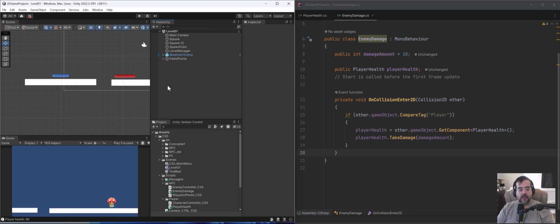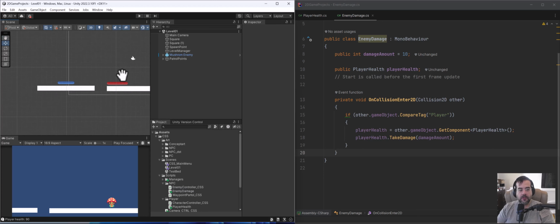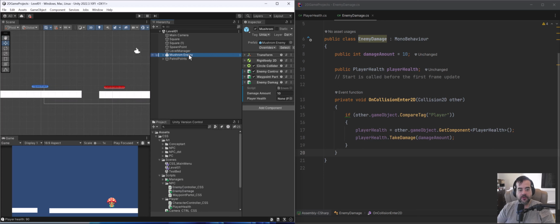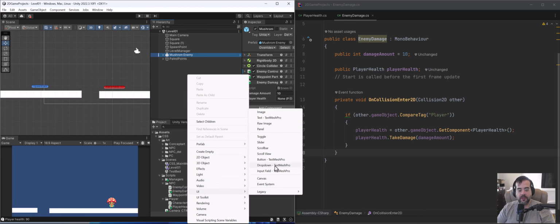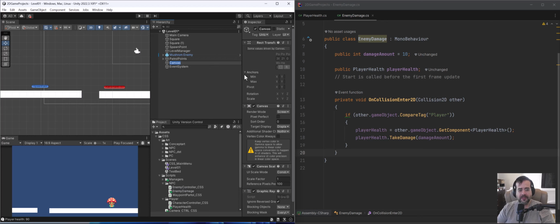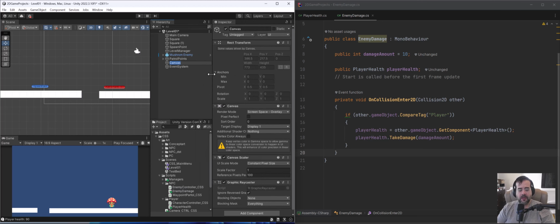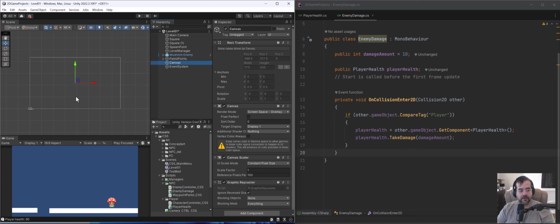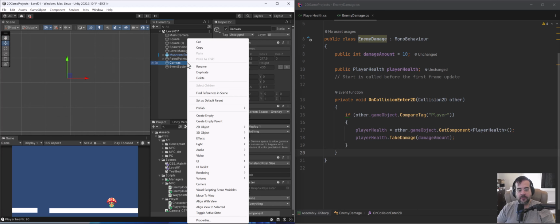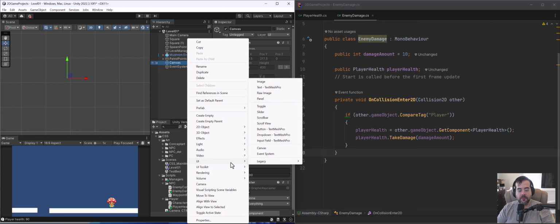We don't really have a UI, right? We have a mushroom that's a 2D object, but what we really want in here is a UI, and then we want to go to canvas. Inside of this empty canvas, I'll hit F to focus here. This is like a canvas you would paint on, but we're going to paint with UI elements. For now, we're going to keep it pretty simple. I'm going to right click on here and go to UI and I'm going to make